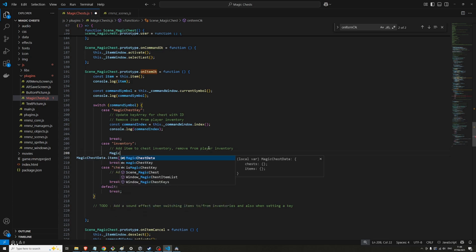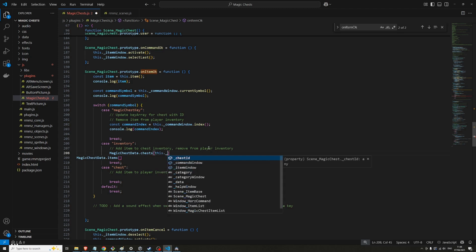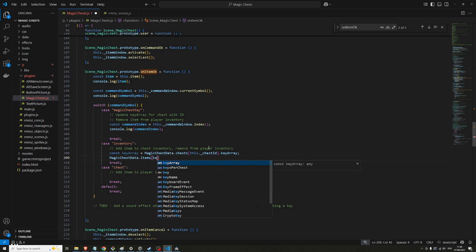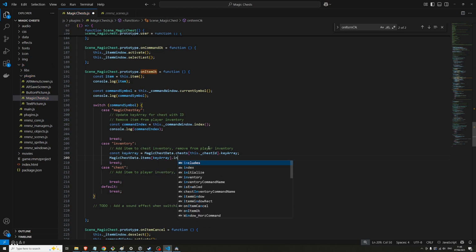We do need the magic chest data chests. This chest ID, because that gives us the key array. So const key array equals this. And we use the key array there, and then we get the inventory from this, and then we can push or